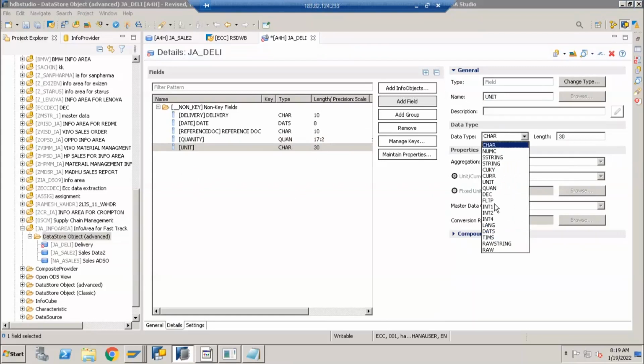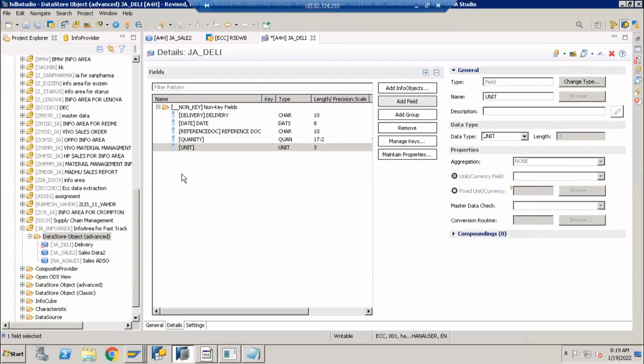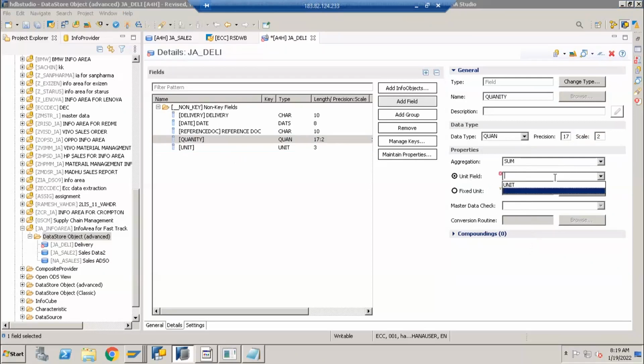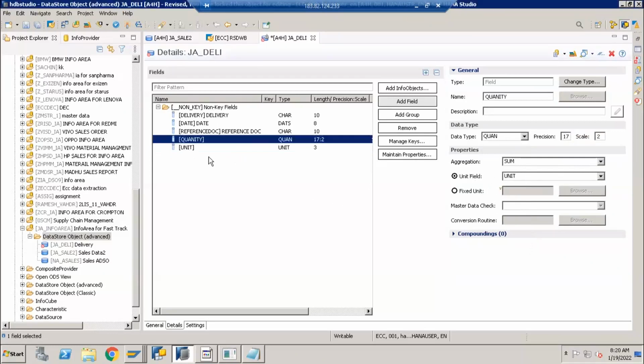That's why first you have to add the unit column here, with the data type as unit. Now, since you added the unit, go to quantity, and go to the unit field. You see, since there is a column available of type unit, it is proposing that unit here. You need to select this unit. This is how, when you do field-based modeling, you must remember that quantity and currency fields must be mapped to the corresponding currency and unit, and the aggregation field also you need to create. That's it. And now I'm activating it.